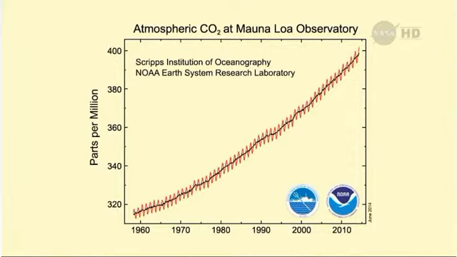Okay, so this is just showing you over time we've made these measurements, and we can see in the red it kind of looks like a sawtooth, and that's the seasons. That's the leaves taking up carbon dioxide in the summer and then releasing it in the winter. So it goes down in the summer and up in the winter, down and up and down and up. But it's also going to higher and higher concentrations.